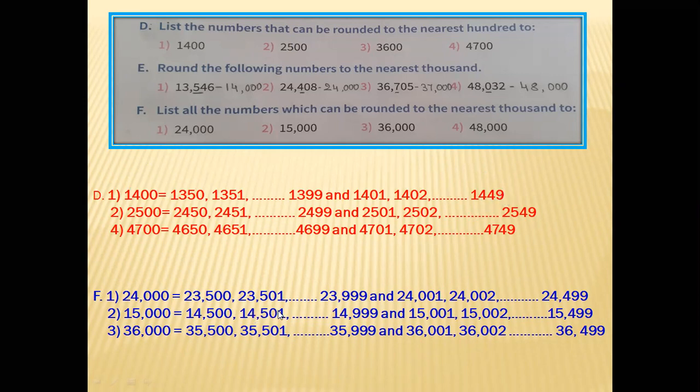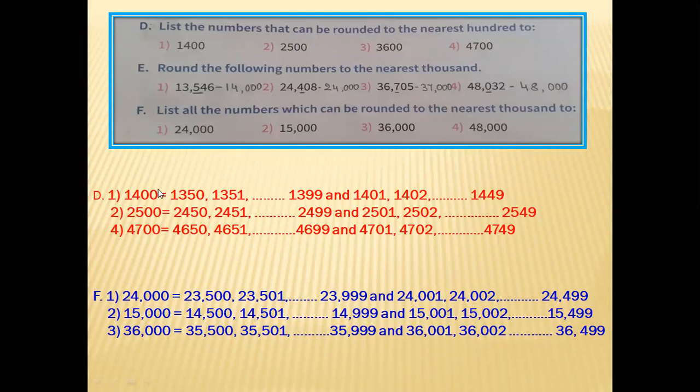Same for 1000 also. See, 500 numbers before, 23,500. Here before it was 50 numbers, but here it is 500 numbers before to 500 numbers after. Here also don't write up to 24,500, because 24,500 is equal to 25,000. Up to 499 only you have to write. This is one clue. Here you have to start from 500 before to 500 after. There, from 50 before to 50 after.